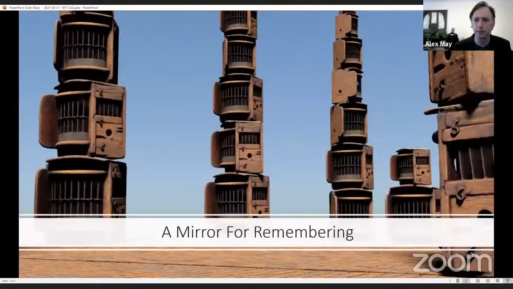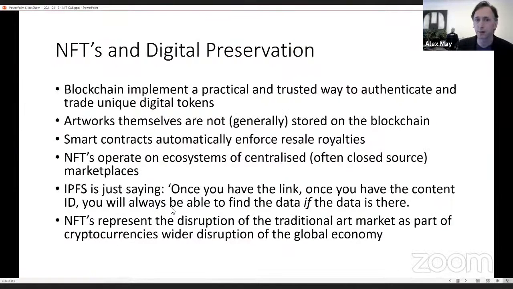So in fact, the last talk that I did for CAS was, I think, the beginning of the last series of talks about my artwork, A Mirror for Remembering, which was all about digital preservation, working with museums and scanning real world assets and then turning them into digital assets for distribution and sharing online, which obviously feeds directly into the world of NFTs. Because with blockchains, we can have a practical and trusted way to authenticate and trade